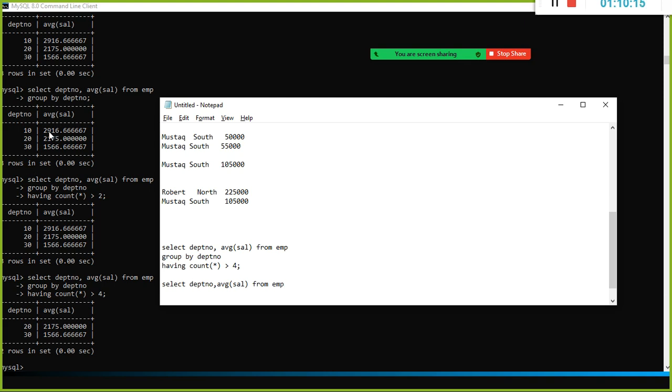Yeah, so this is what we are seeing, right? Now we need to find out how many employees there are in each department. How will you find out how many employees are in each department? Count of star, right? Count of star will give you the total number of employees by department, group by depart number.